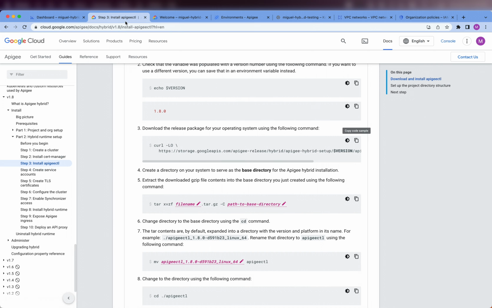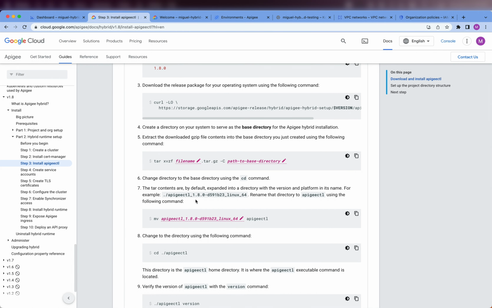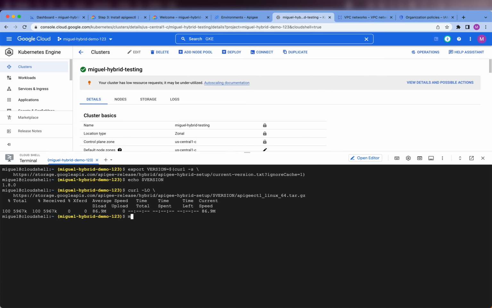Now, the next step wants us to extract this tarball to what it calls a base directory. This base directory is going to contain all of the Apigee configuration files, and this is the first thing we're going to be putting in there. So let's go ahead and create this base directory. I'm going to call it hybrid base,